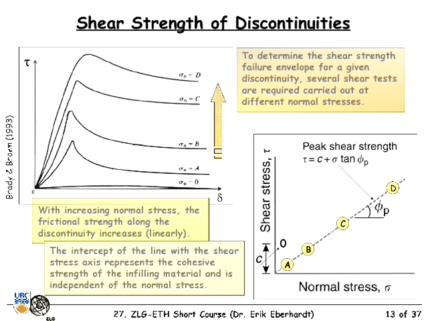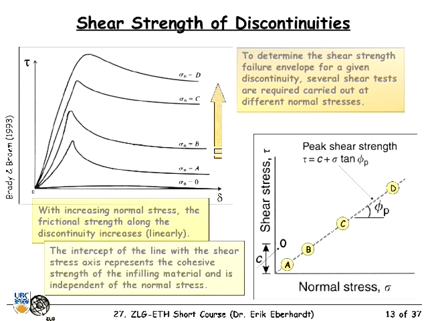And we can see here where if we increase the normal force placed on a sample, our shear strength here increases. And this is how we would carry out a test. We would do a test at one confining pressure or with one normal component, and that gives us 1 point on our chart. And then we'll do 3 or 4 different normal stresses, and from that we'll draw a straight line through the data, a relatively straight line if everything lines up nicely. And from that we have our strength envelope that describes the strength for different stress states. So we're saying that with increasing normal stress, we have increasing strength, and that strength is the frictional component of